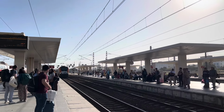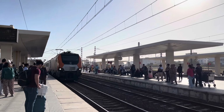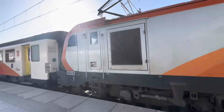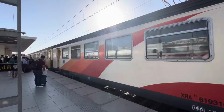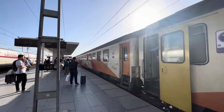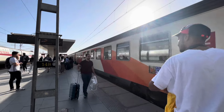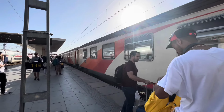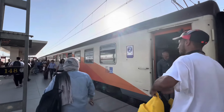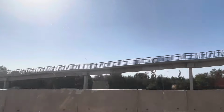That's our train heading for the platform, and I couldn't even do a video of us getting on the train or trying to find our seats because it was the ghetto, like the new ghetto. There were so many people, it was packed. I have no words, like it was the real ghetto. So when we finally found our seats,